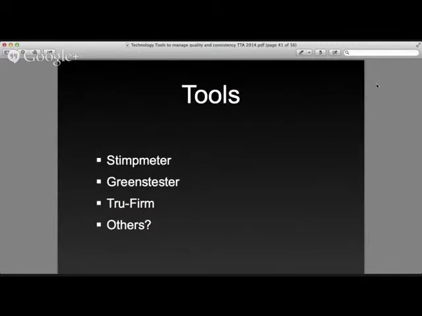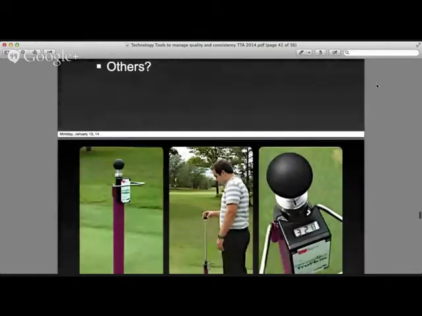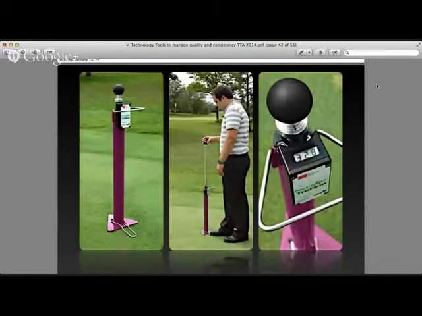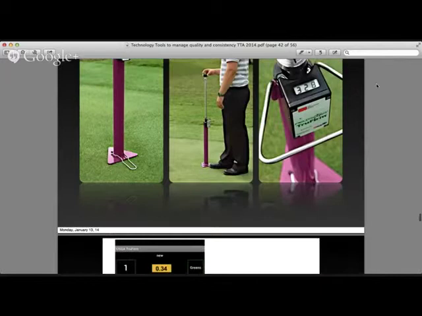We kind of skipped through. We've talked about True Firm before, and you can see this device here. Again, another device available from Spectrum. Works just like the True Firm device. You drop the missile, you get a measurement. There's an app that goes along with that. Next slide. That allows you to map those